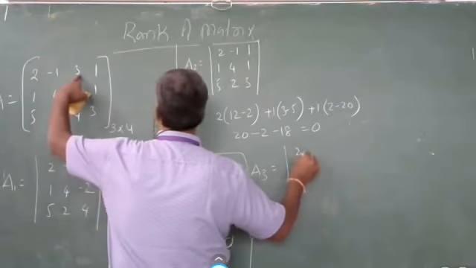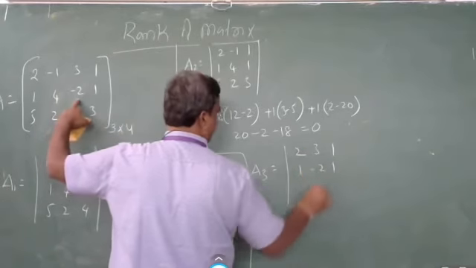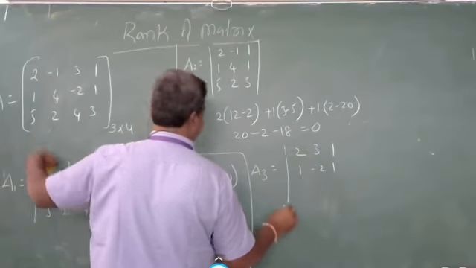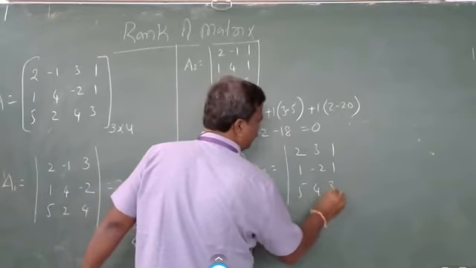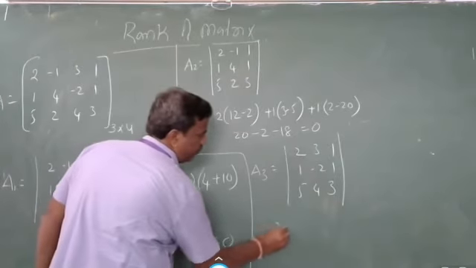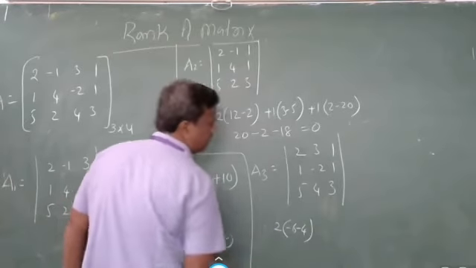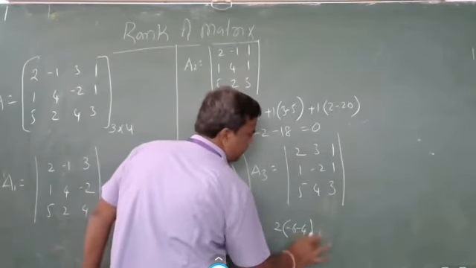2, 3, 1, 1 minus 2, 1, 5, 4, 3. So 2 into minus 6 minus 4 plus minus 3 into